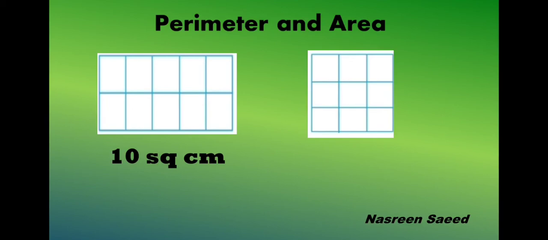To find out the area of the shape given alongside, let us count the number of squares with sides 1 centimeter in it. So area of the shape is equal to the number of squares. So how many squares are we getting? 9. Therefore area of the shape is 9 square centimeter. So what is the area? 9 square centimeter. So I hope you have understood area.